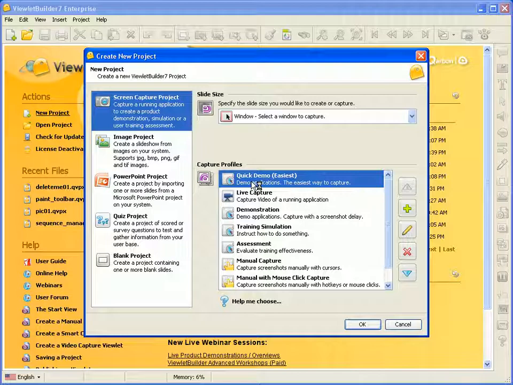We all know that ViewletBuilder7 can be used to create dynamic Flash Viewlet videos, but did you know that Viewlet Builder can also be used in many unexpected ways while working on your Viewlet projects? I want to take the opportunity now to show you one of these unexpected ways. In this example, we're going to go ahead and use Viewlet Builder to grab a graphic of the paint toolbar,